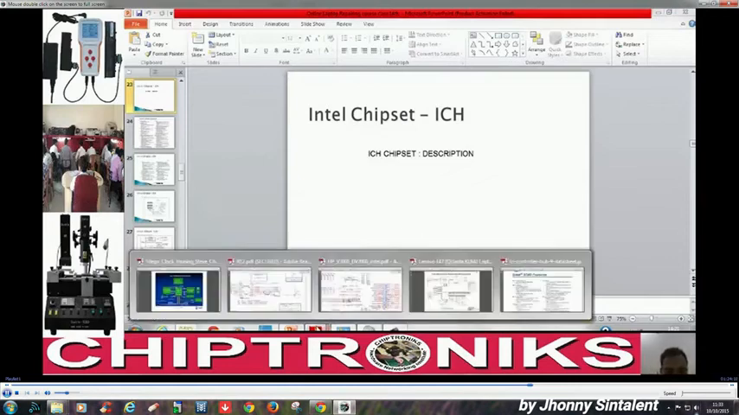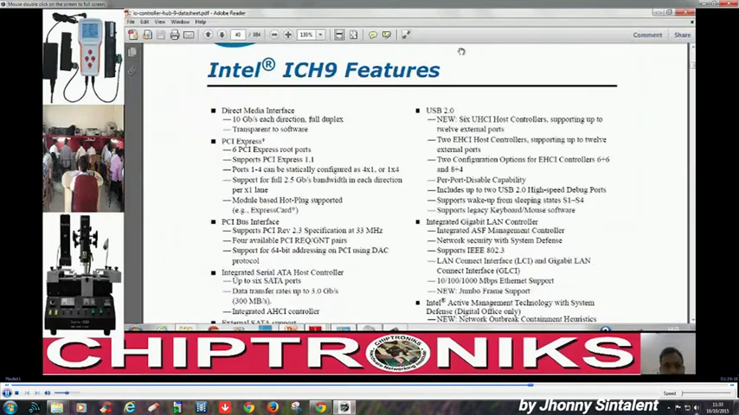So let's start with ICH9, and this is the Intel I/O Controller Hub 9 data sheet. You can easily get it through the internet, and I will also send you this data sheet. You just have to browse on Google, write Intel ICH9 data sheet, and you will find this data sheet very commonly available. Now you see,